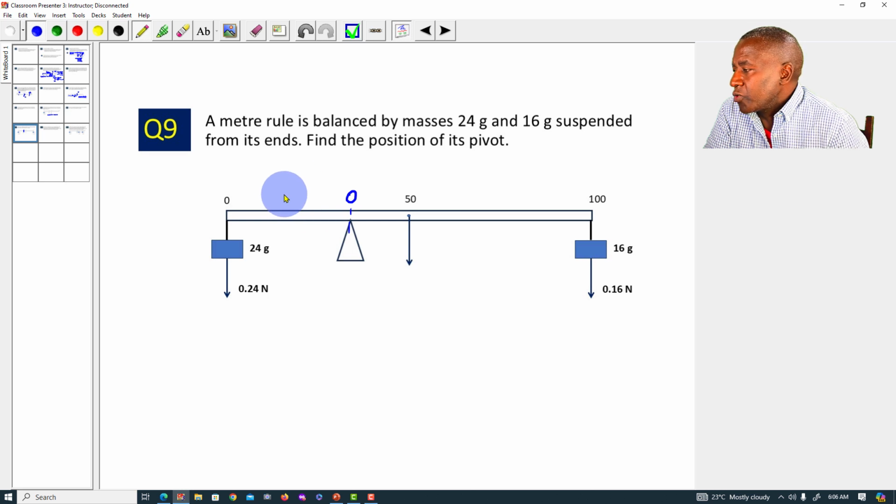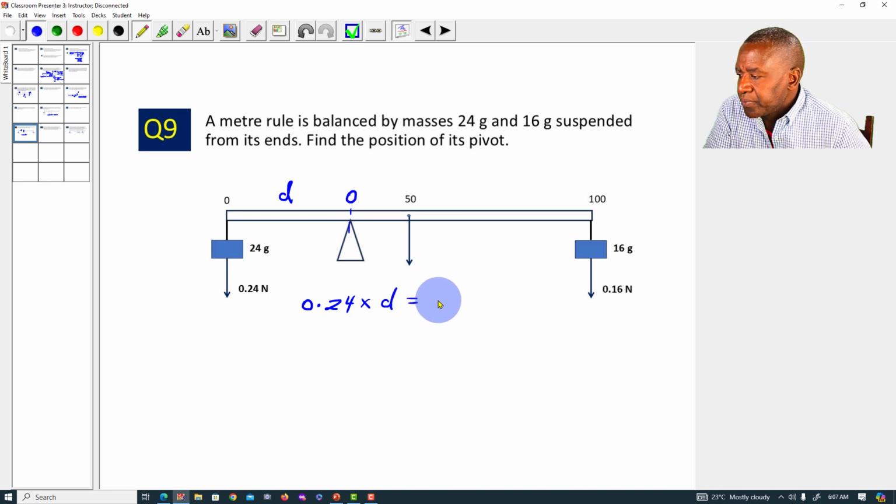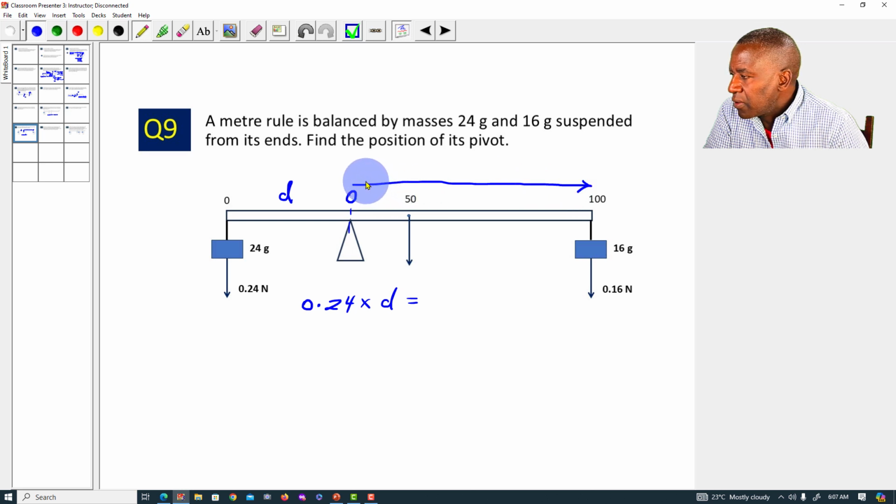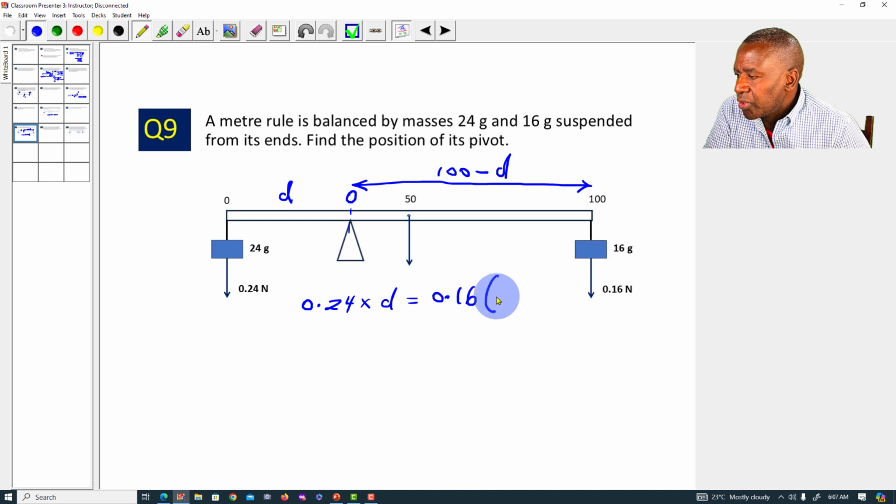Okay, you're going to say this is D, so you're going to say 0.24 times D is going to be equal to this one will be 100 minus D, because all this from here all the way to this point is 100, so this distance here will be 100 minus D. So it's going to be equal to 0.16 into 100 minus D, and you're going to get